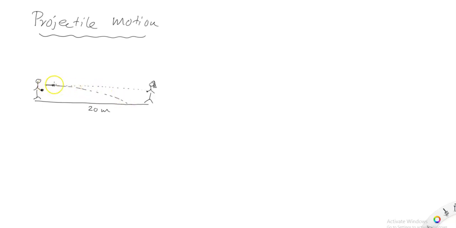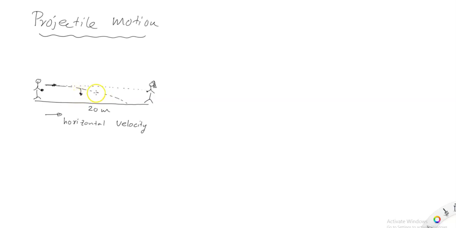Once you release it, there is no control from you. All you can do is give it some initial velocity, and you release it with that initial velocity. After that, it's moving forward, right? It has a horizontal velocity, so it's moving forward, plus gravity is going to start pulling down on it. So gravity is pulling down, and that's why it's curving downwards.